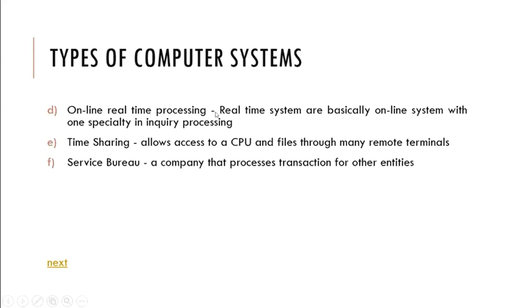Okay, so this is online real-time processing. This is the same as online processing, with only a hairline difference, a very small difference. Here, in online real-time processing, you encode and it is saved. At the same time, you can retrieve right away. In online processing, it means that when you encode, it is also stored and processed right away. But if you include retrieval, the question is whether you can retrieve the updated balance right after you encode. That is where online real-time processing comes in.